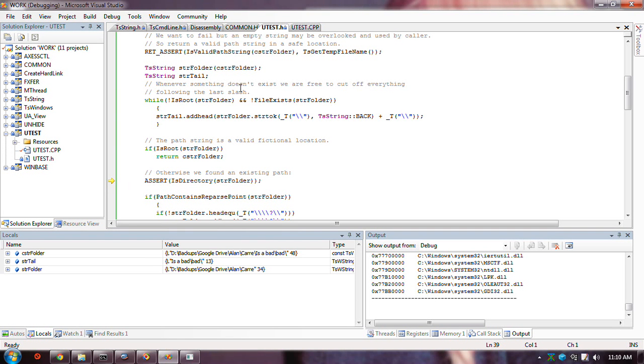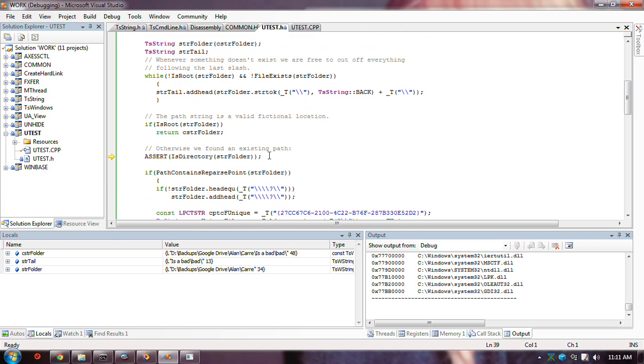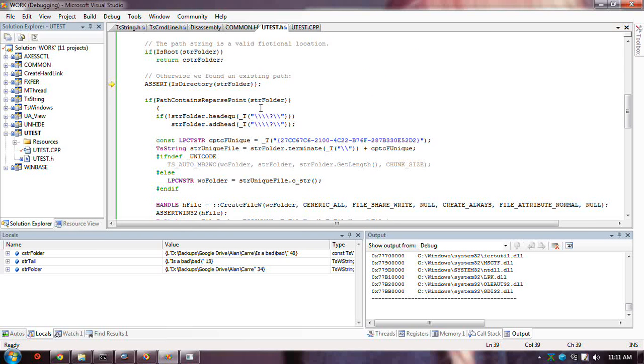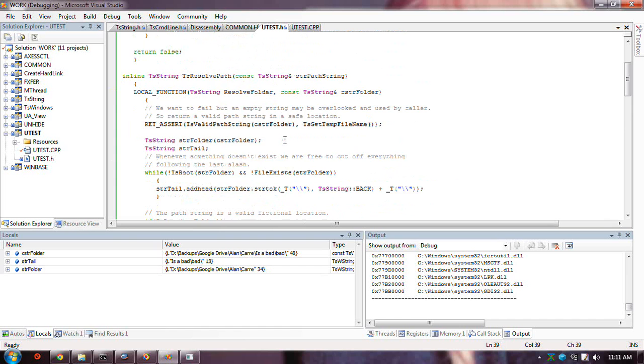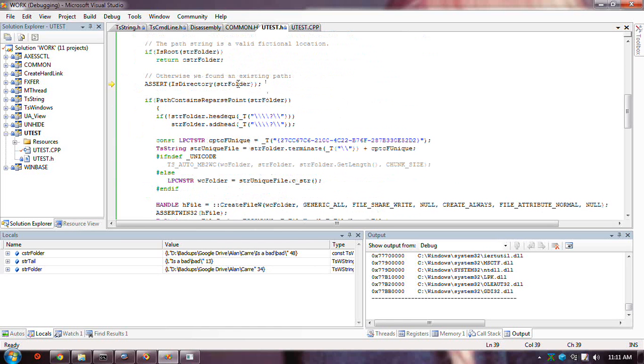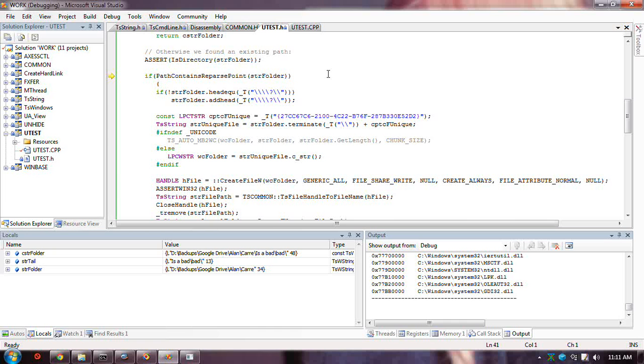If it was a file name, this not file exists would be false. We will come in here. Okay, so I guess I'm just assuming that we were past a folder. This comment doesn't make any sense.